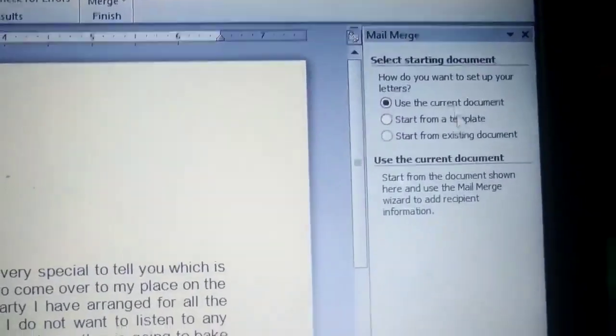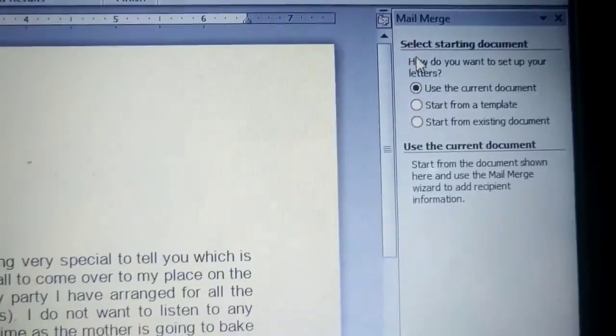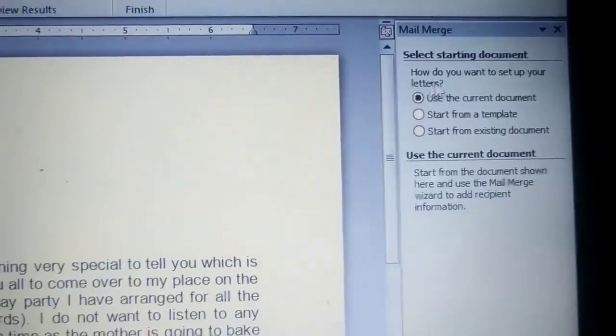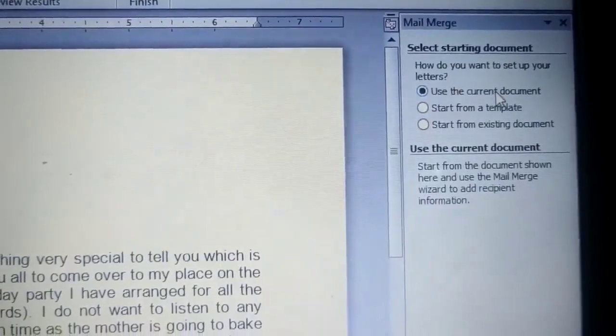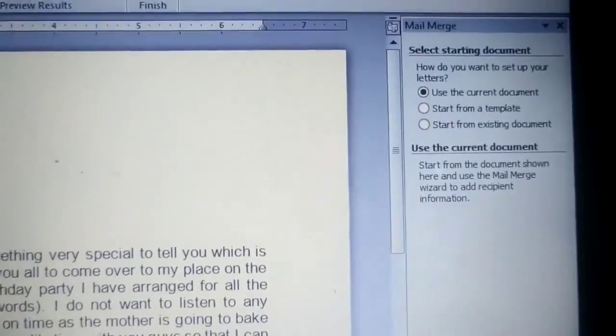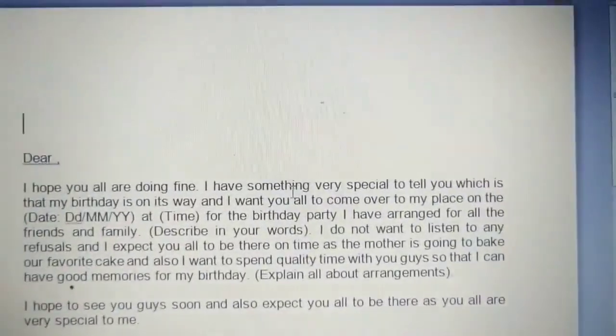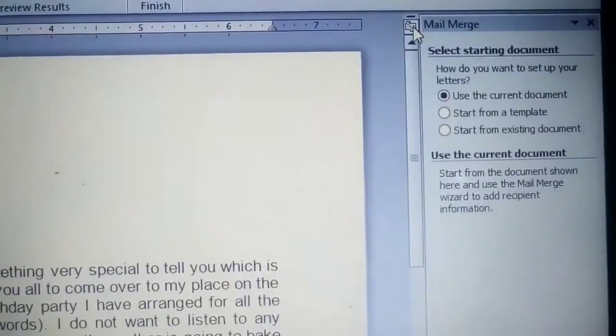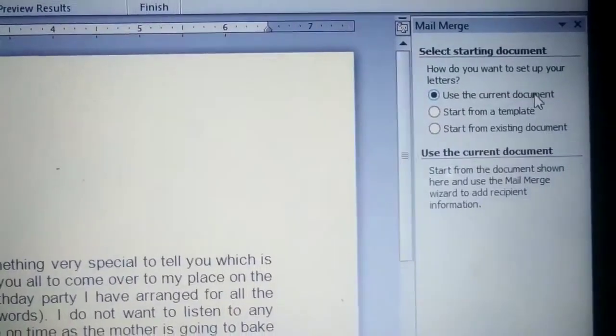If you click on Next, one option shows how you want to set up your letters: use the current document or start from template. After writing the letter, you want to send this letter, so you will always choose use the current document.